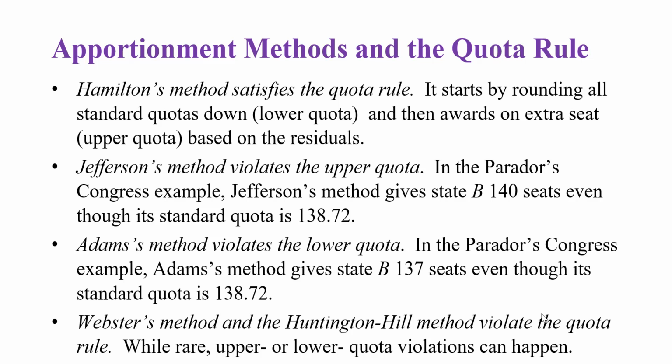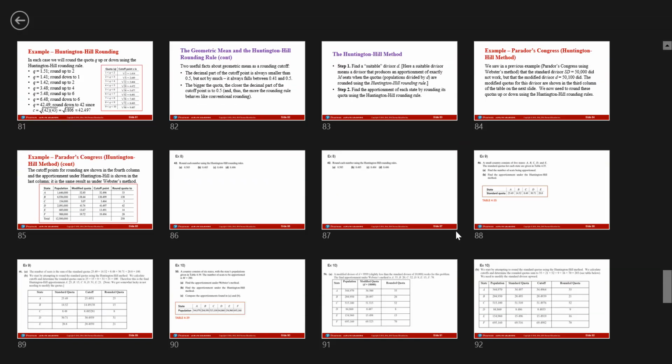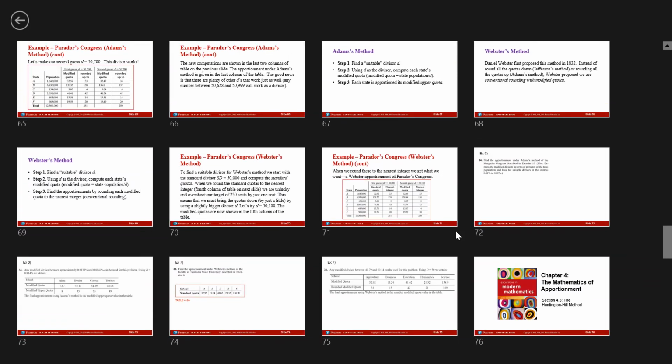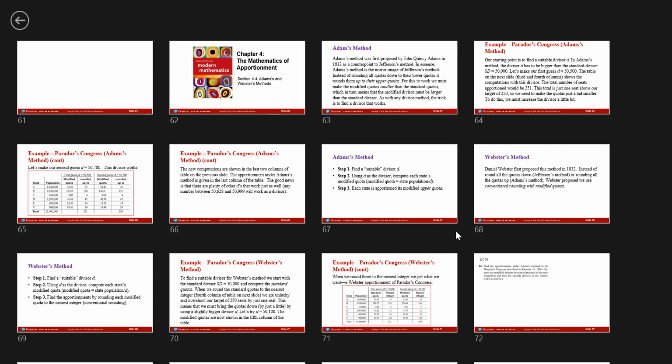And let me go back real quick. Let's go back in our notes for that one, just to make sure. So I'm going to go look at all slides. Let's go back to Adams' method, and then we'll jump